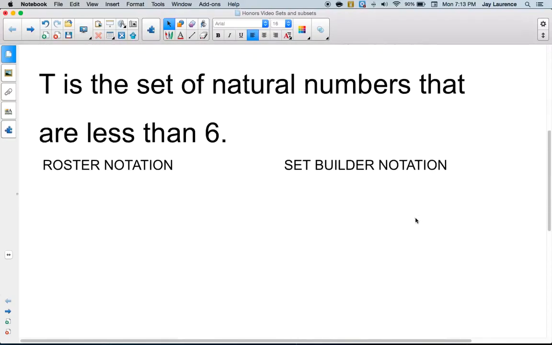So we've got this statement here. T is the set of natural numbers that are less than 6. Natural numbers start with 1 and go on forever. We've studied that. Well, let's do roster notation. Roster notation is simply going to be T, because that's the name of the set, and that's going to